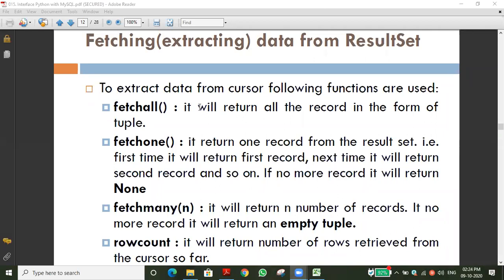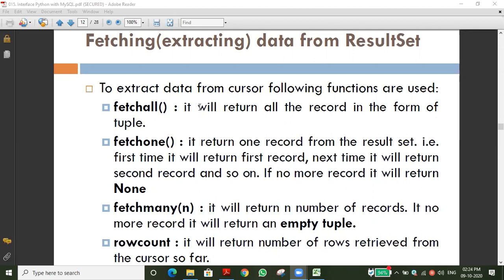Second time if you are executing fetchone, it will give the second record. First time if you use that function in the program, it will fetch the first record from the table; second time, the second record; likewise, the third one.